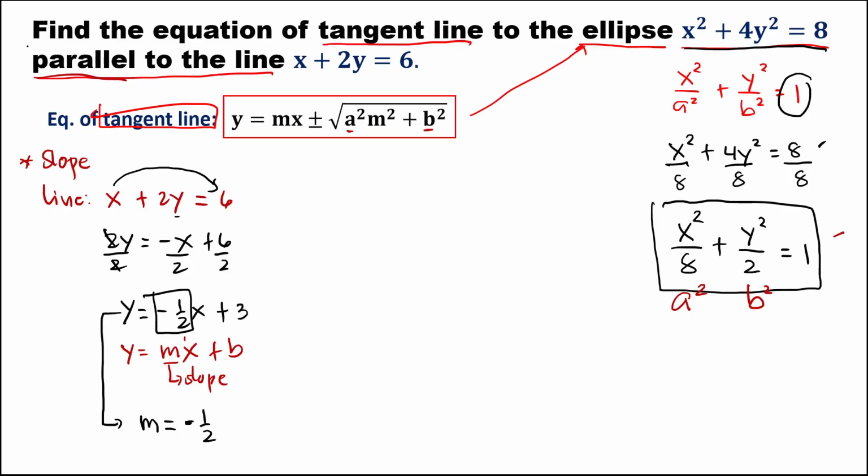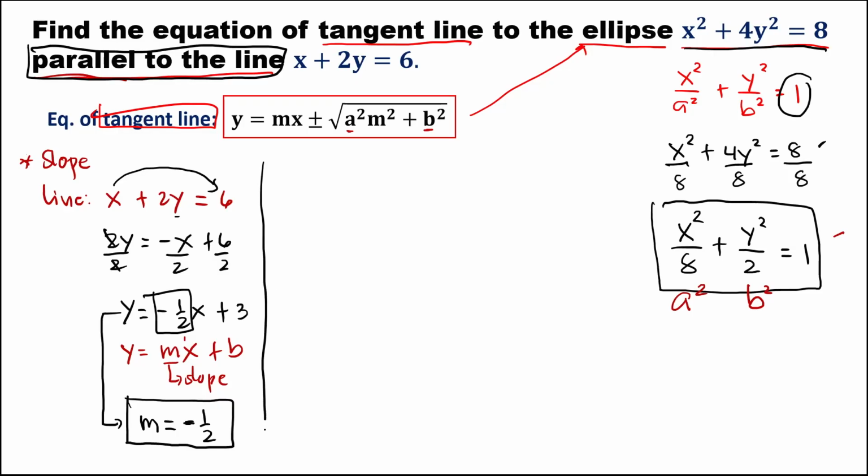Since this is a parallel line, the slope of the tangent line is also negative 1 half. Since we now have the slope, a squared and b squared, we can now find the equation of this tangent line. So the equation of the tangent line,